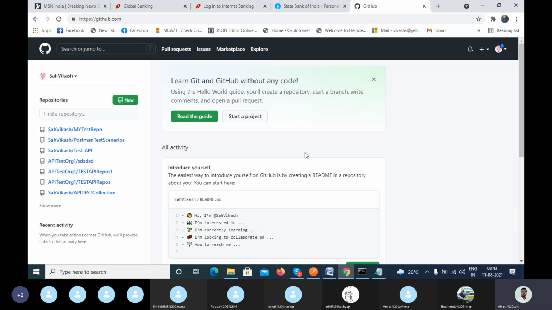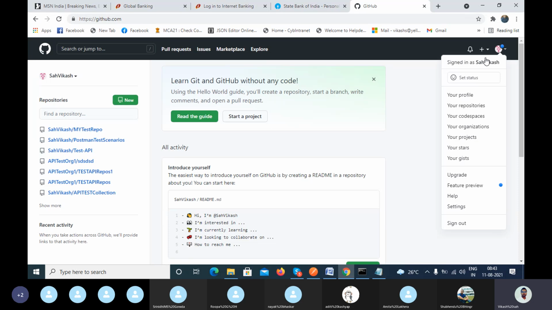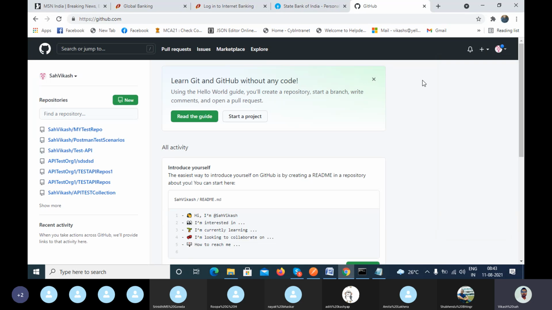Agree? It will verify my credential. If that credential is valid, then GitHub will allow me to enter into my GitHub account. So this is your GitHub account. I logged into my GitHub account. You can see it says signed in as Sahavikas. Okay, so when I enter into your account,